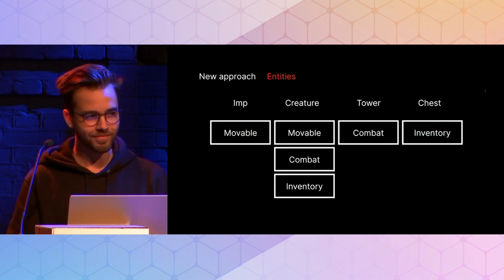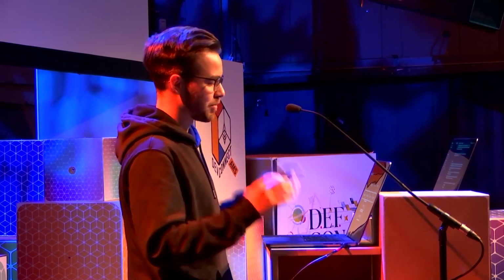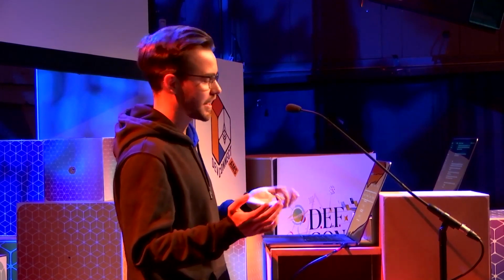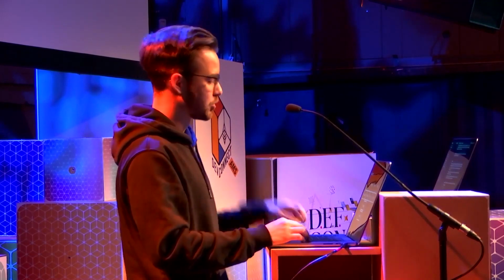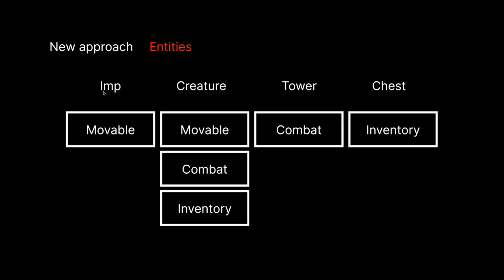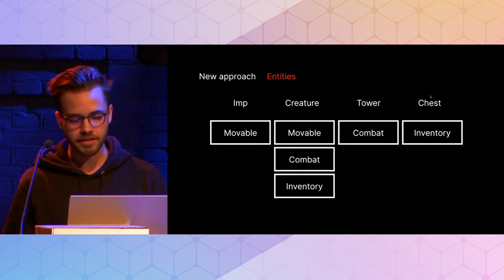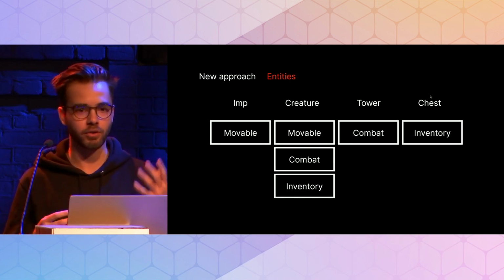And then, that was the Lattice launcher. And then we can mix and match these components that we have designed in the first step, movable, combat, and inventory, to create all the entities that we want, basically. The imp only has the movable component, the creature has movable, combat, and inventory, tower is only combat, chest is only inventory. And we can continue adding entities as we like by just adding new components and then mixing and